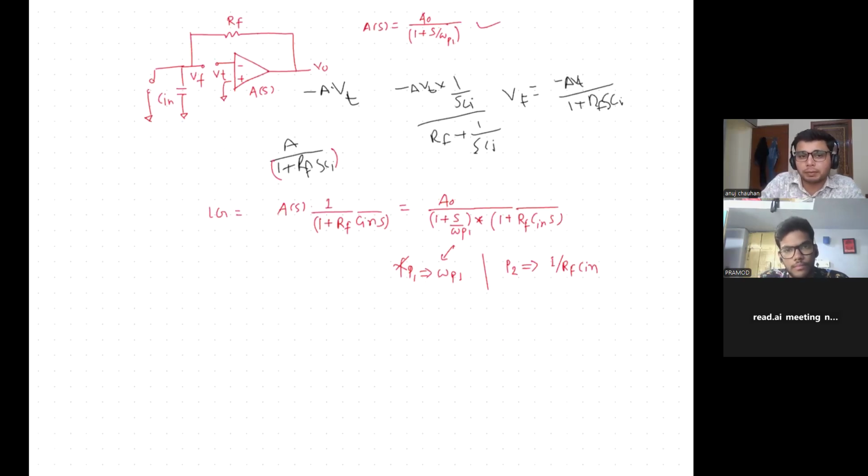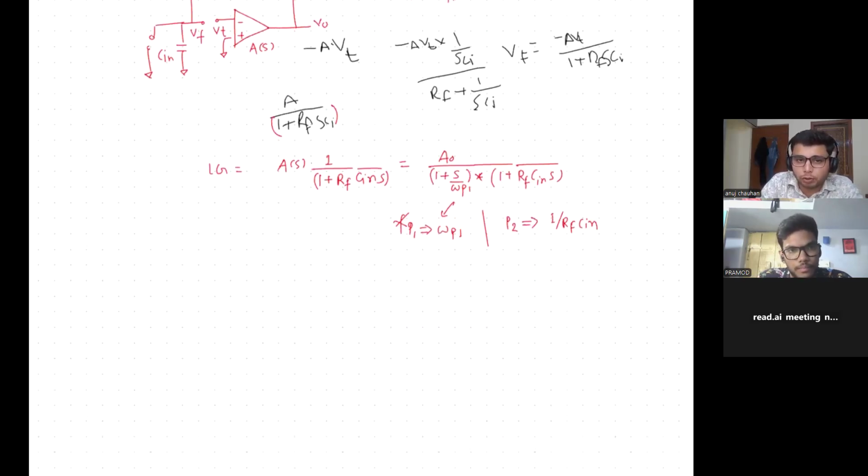So the condition I am giving is that the amplifier's pole is dominant. It is much lesser than this 1 upon RF seen. This is the condition that we are keeping to design the amplifier. So what is the Bode plot for this particular